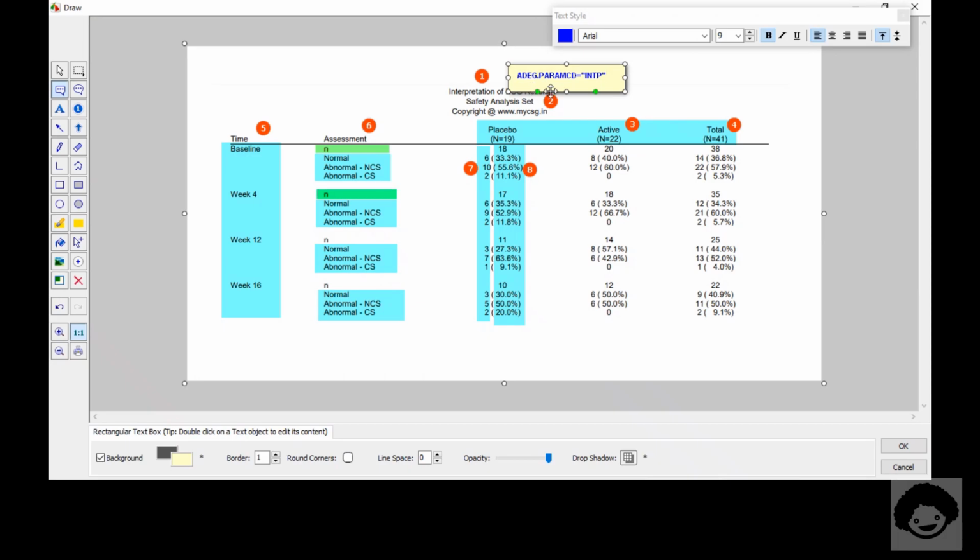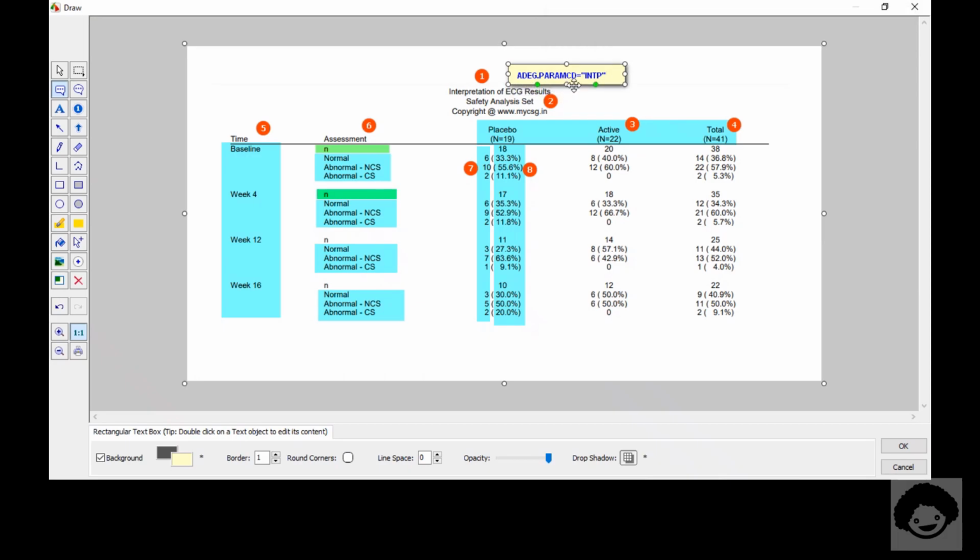I need to filter my input dataset for this particular test code alone because I may have additional parameters as well. The second one is,